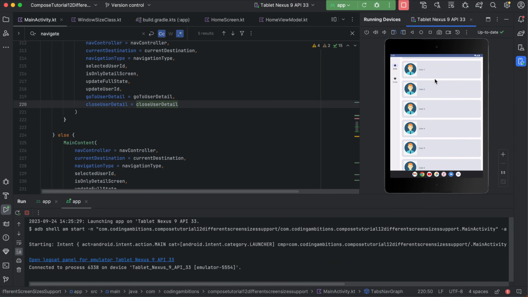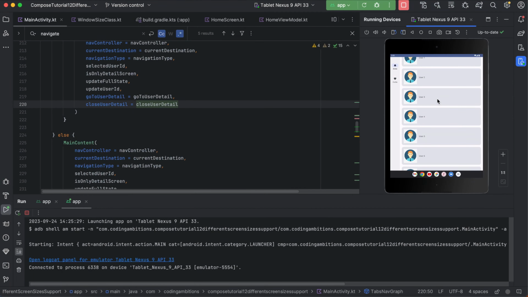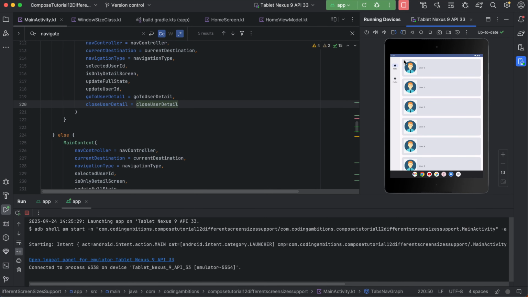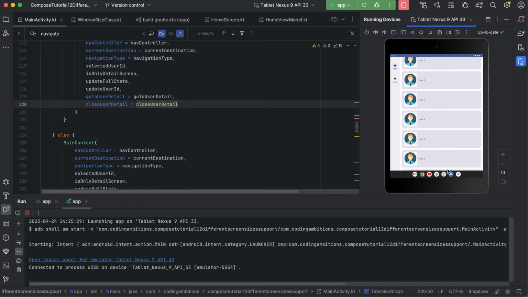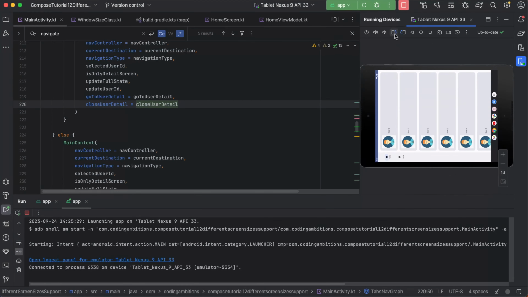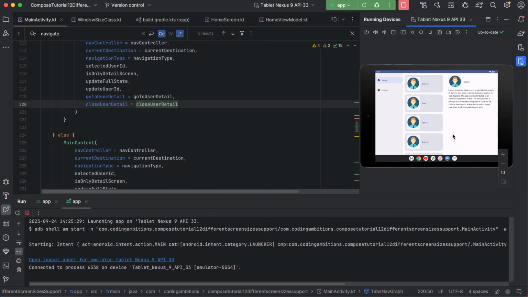Yeah, it's working fine, right? Working cool. This is for tablet device. Yeah, we are not displaying bottom tabs, we are displaying navigation rail. It is working perfectly fine, right? And let's check it on desktop device. Here also it's displaying user ID 2, user ID 3 for the selected user, displaying the content according to that,